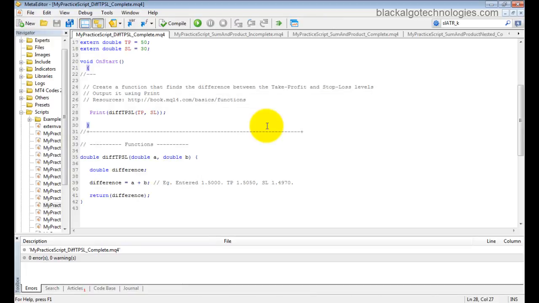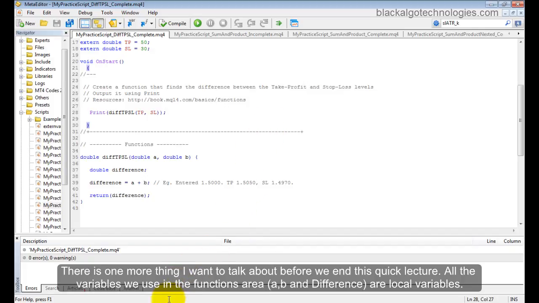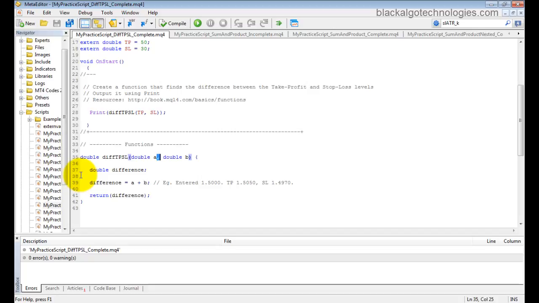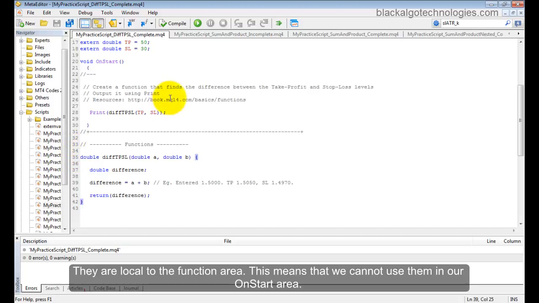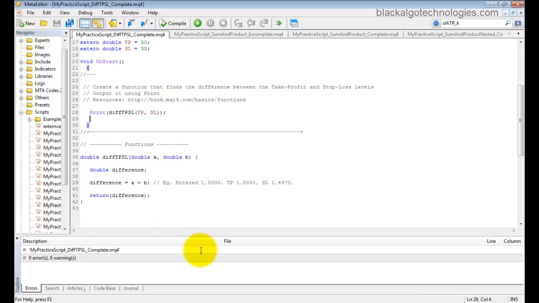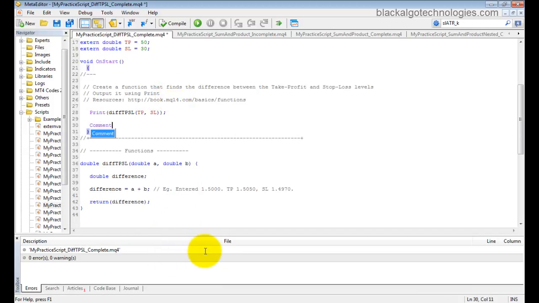There's one more thing I want to talk about before we end this quick lecture. All the variables that we use in the functions area, A, B, difference, they are what we call local variables. They are local to our function area. This means that we cannot use them in our onStart area. If I want to comment difference,